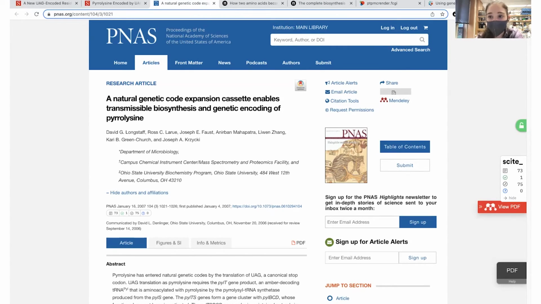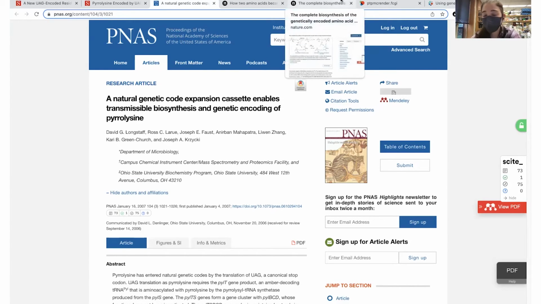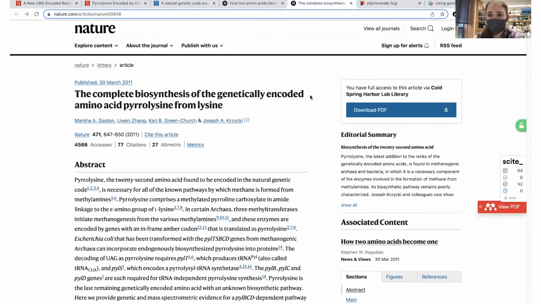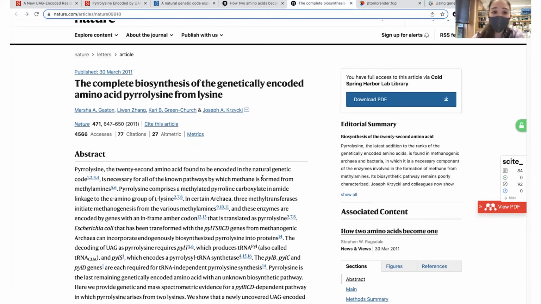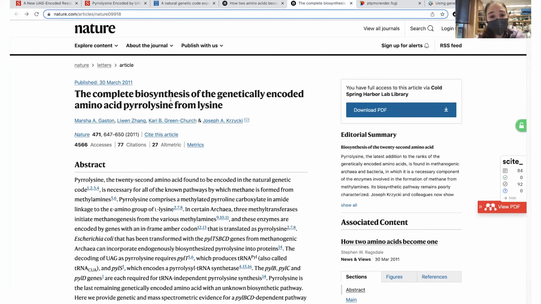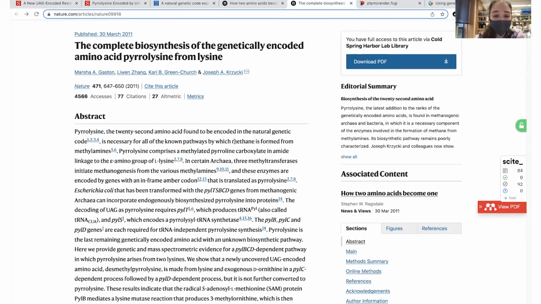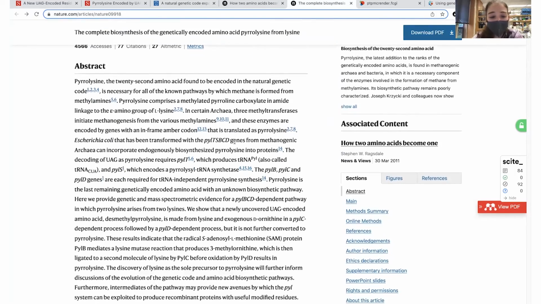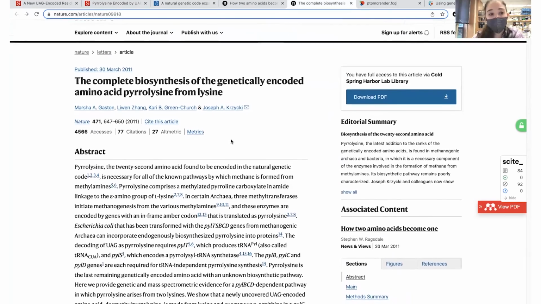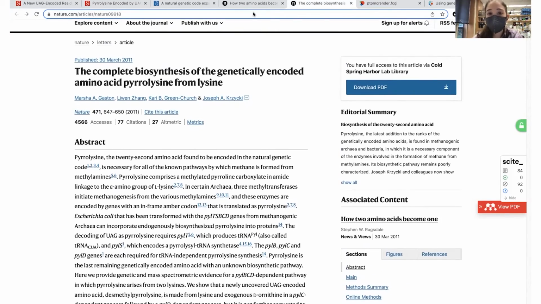But they still weren't exactly sure how it was all happening and where the pyrrolysine precursors were coming from. So there was a lot of controversy about where the parts used to make this pyrrolysine were coming from. Then in 2011, they showed that it was actually coming just from lysine. Other people had thought maybe it was ornithine or that sort of thing involved. But then they basically used labeled